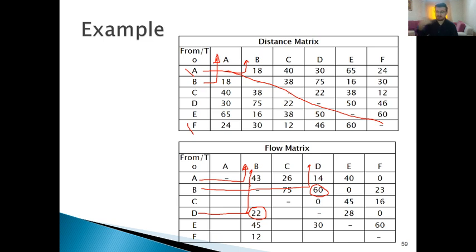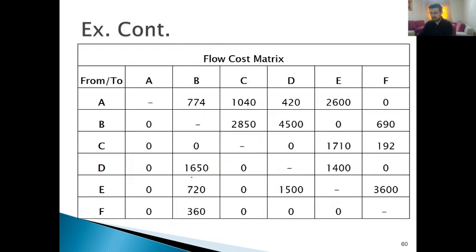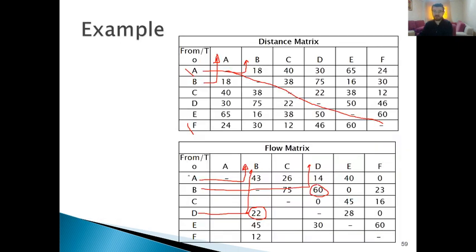And our goal will be to reduce the total travel distance in a facility. Okay? So for this, we will try to arrange the locations of departments to minimize total traveled distance. How are we going to do that? And before I talk about the approach, if we have distance matrices and flow matrices, multiplying these two matrices, we can calculate the total travel distance